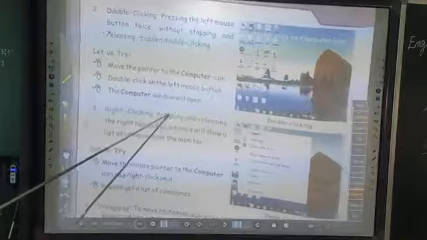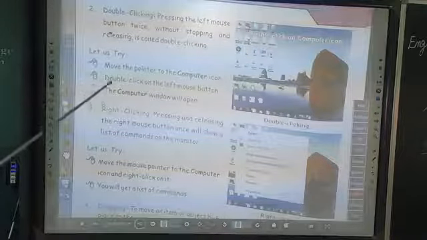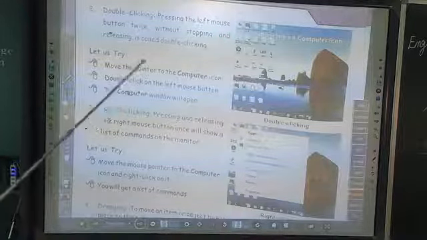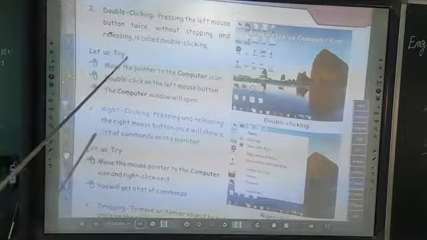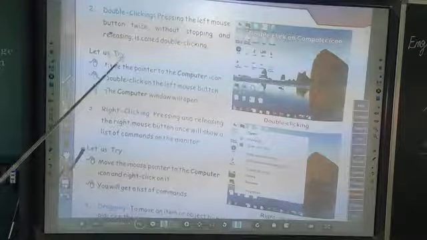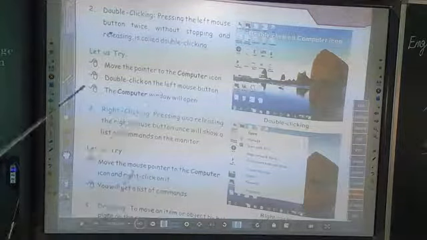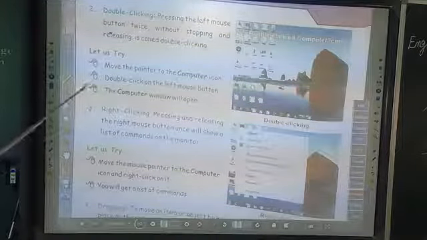Pressing the left mouse button twice without stopping and releasing is called double clicking. When we click the left button two times without stopping and release it, it's called double clicking. We use double clicking to open any folder or any file.